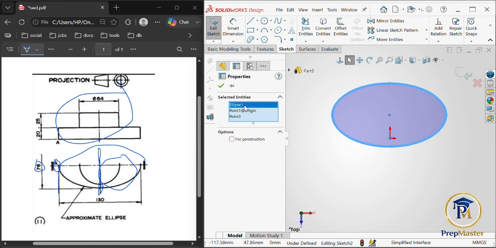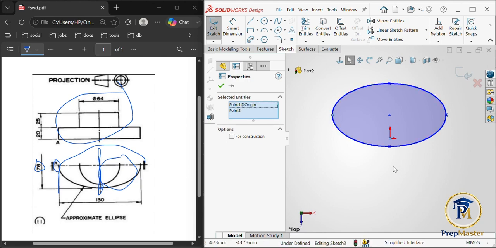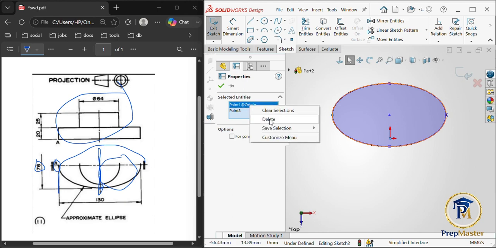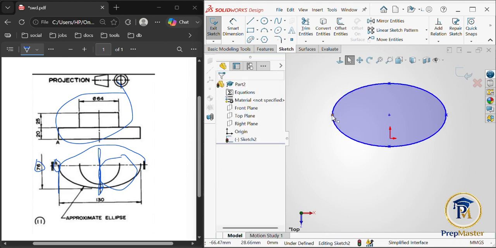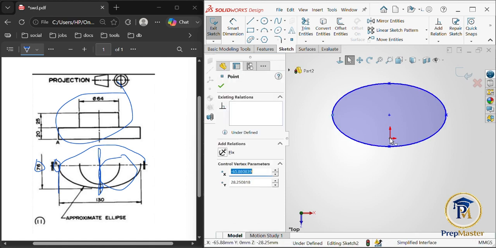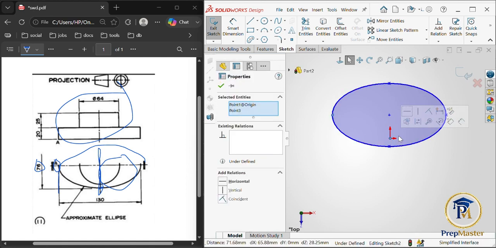But now I want to remove this ellipse. So we'll just click on this ellipse here, ellipse 1, and click on delete on our keyboard to remove that. But if you cannot press delete, you can just right click on it, then press delete. Now we have it like this. So what I'm meant to do is not giving us the options we want, so we'll just close this, then try that again. By pressing Control, you click on it, then click on the origin,